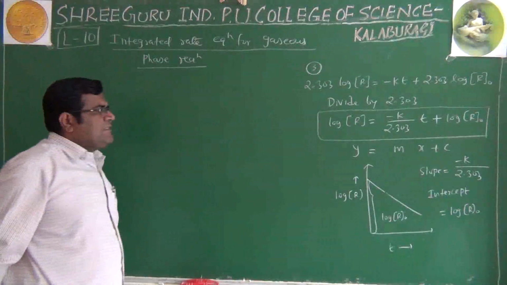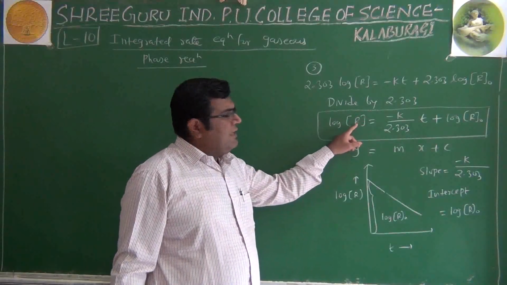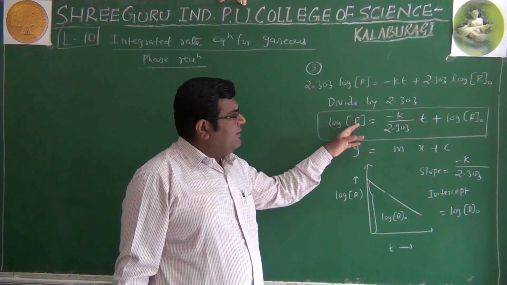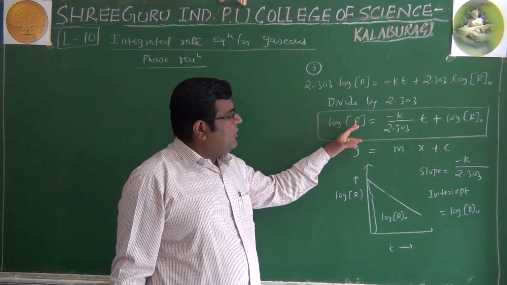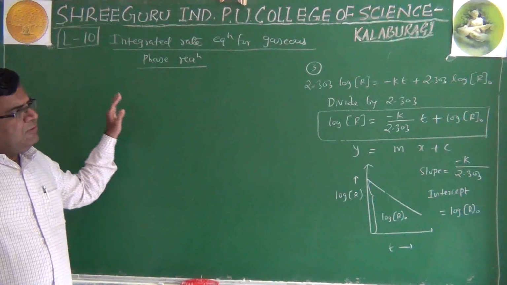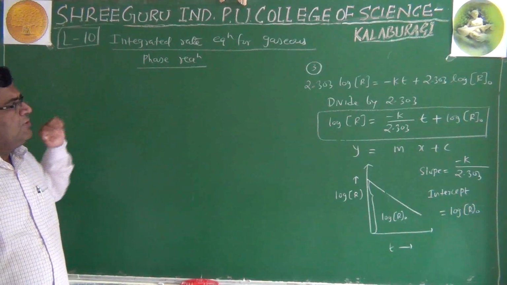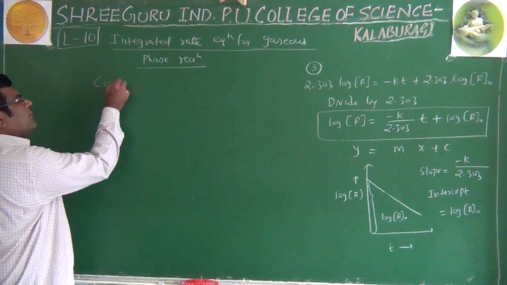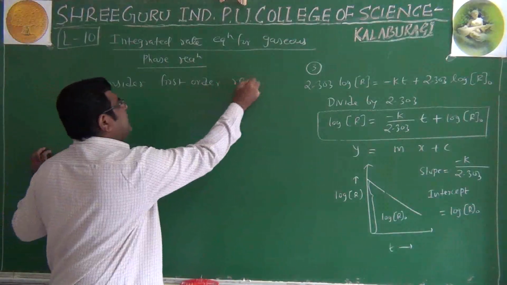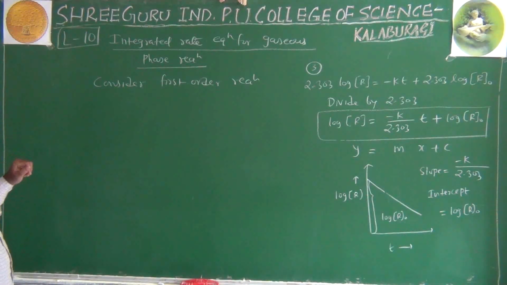Now what do we mean by gaseous phase reaction? This square bracket and this R indicates the molar concentration of reactant. This particular term is at time t. If we replace that molar concentration with partial pressure in case of a gaseous reaction, we may come across a new equation of the integrated rate constant that we have to derive. So we'll consider a first order reaction, because we are doing this for first order reaction only. Only one equation is derived in our NCERT textbook. We are learning that only.